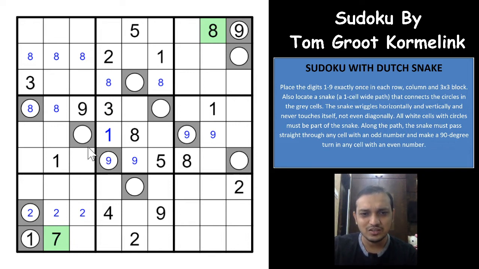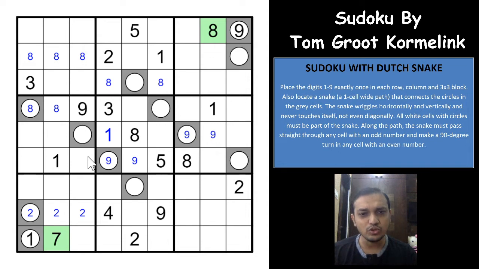So as you can see here, whenever you have snake cells touching diagonally, we can make sure that these snake cells would have to meet either in this cell or this cell, right? If it will be this cell, the snake would have to go this way, this way, this way, or this way. There are 4 different ways for the snake to go, right? And whichever cell out of these 2 cells is taken as the snake cell, that would have to be a turn in the snake.